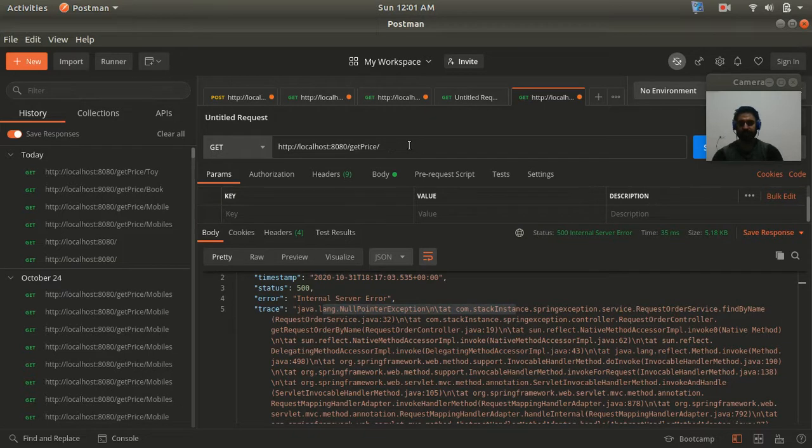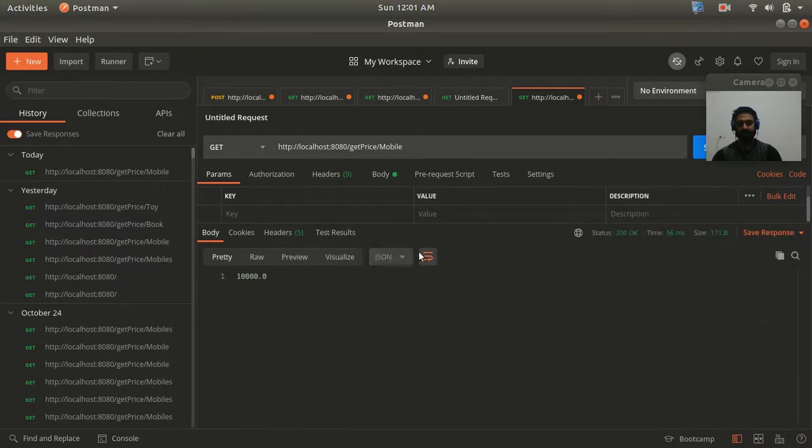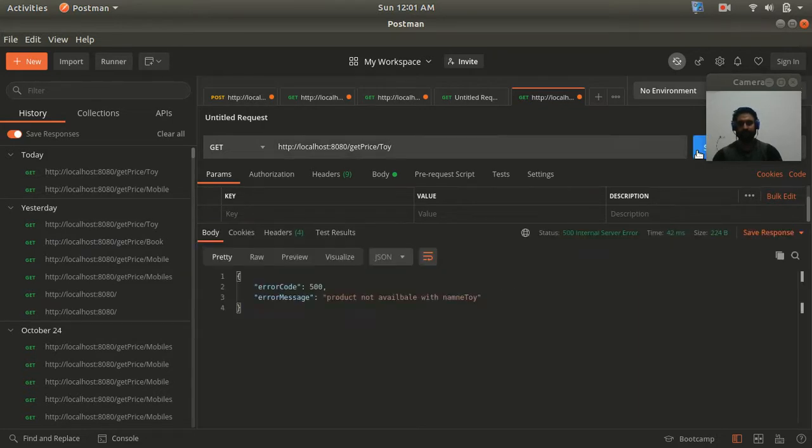Let me first fetch the mobile. Let's hit the send button, and we are getting the amount of the mobile as 10,000. Now I'm going to fetch a product which is not available in my database, let's say toy. Let's hit the send button. All right, and now guys, you can see that we are getting our customized exception error, with the error code as 500 and the error message as product not available with the name toy.